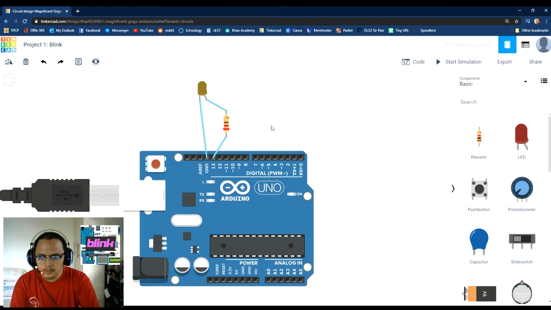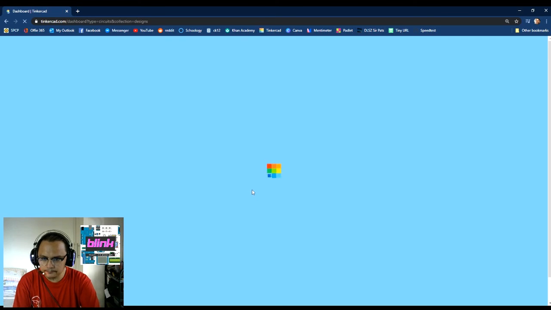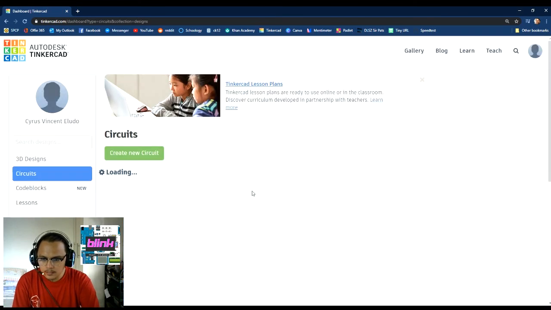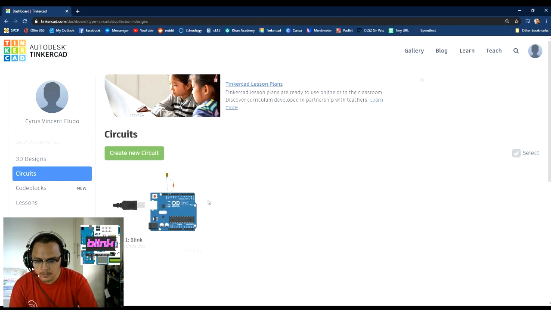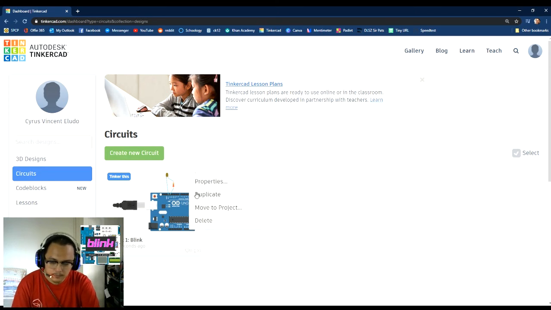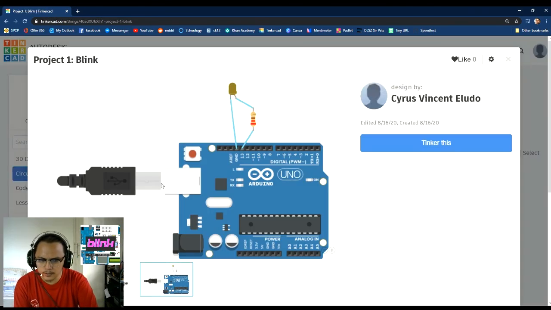And what you need to do now is just click on the Tinkercad icon right here if you want to go back to the previous menu. And then here, I'm doing that. And it will show up here. There, project one, Blink. So this one, you can always go back to it. You can always duplicate it if you want to start not from scratch or move to project, separate folder. You can always tinker